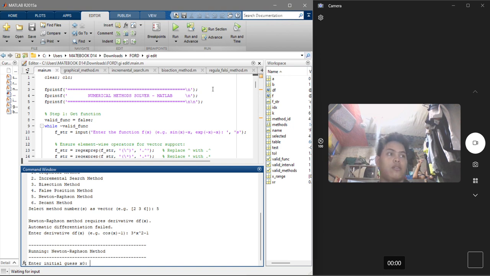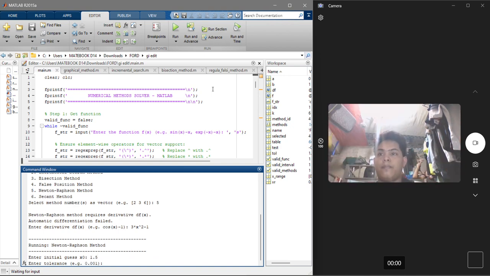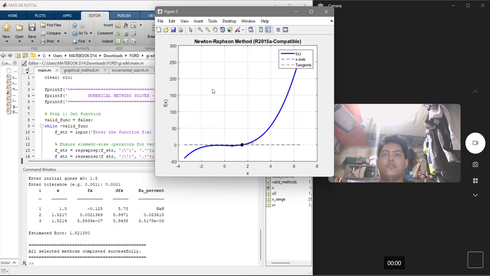We're gonna put an initial guess of 1.5 and a tolerance of 0.0001. So that's it. Newton-Raphson converges quickly if the initial guess is good. Be cautious, poor guesses or zero derivatives may cause divergence.